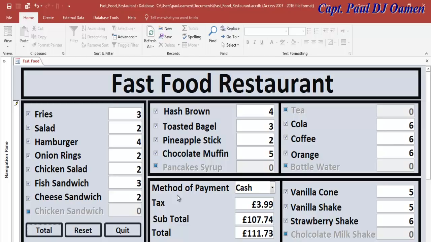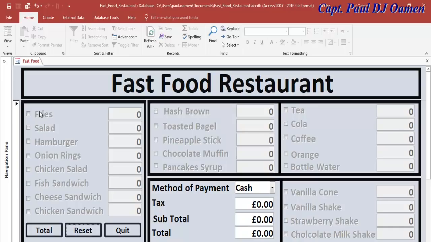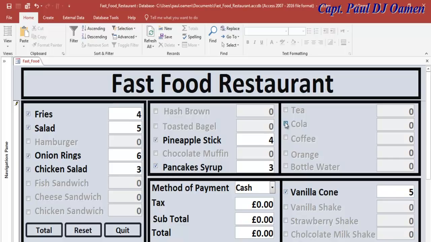Okay, let's start by clicking on Reset, and we can then select any of those. Just enter whatever we want in there, or how many items we want, and here as well. And then we click on